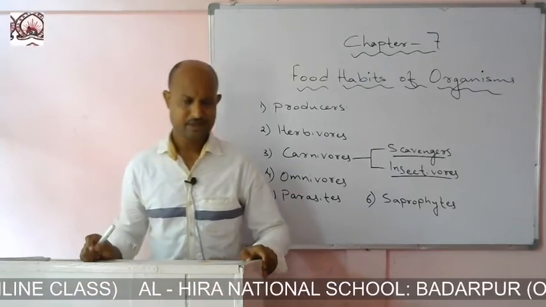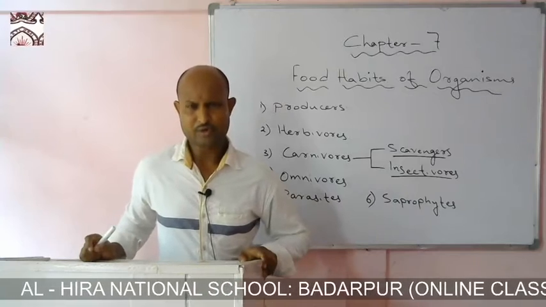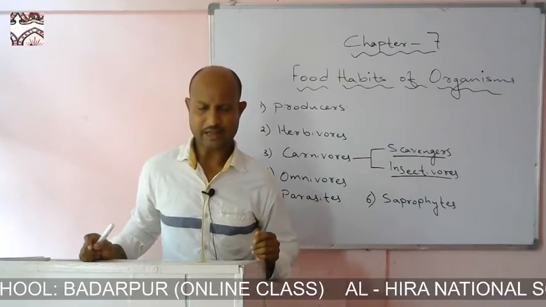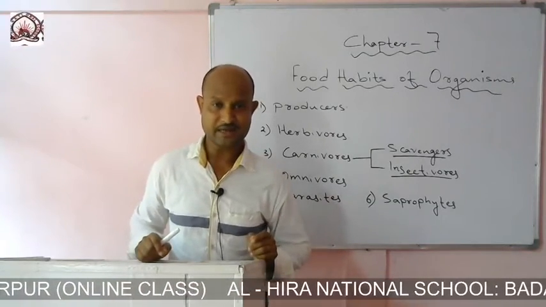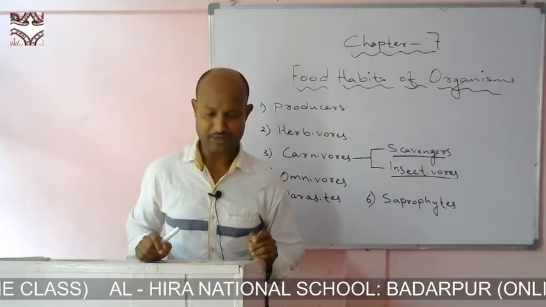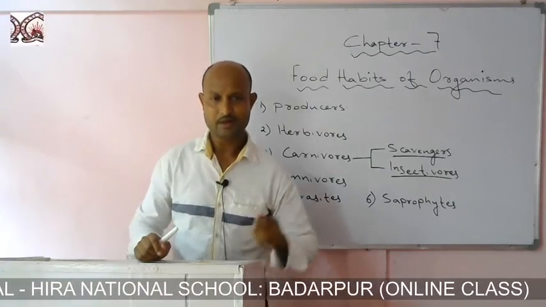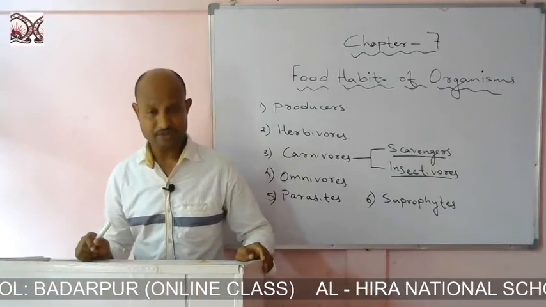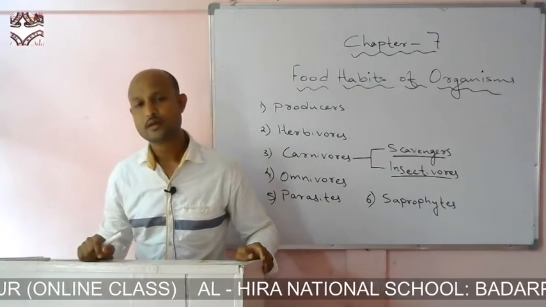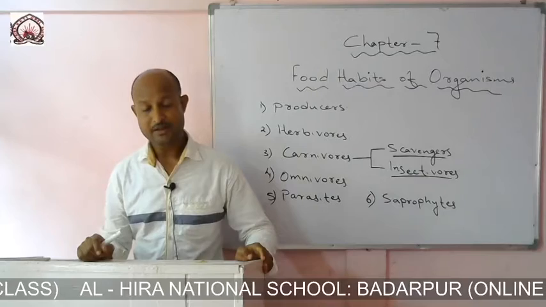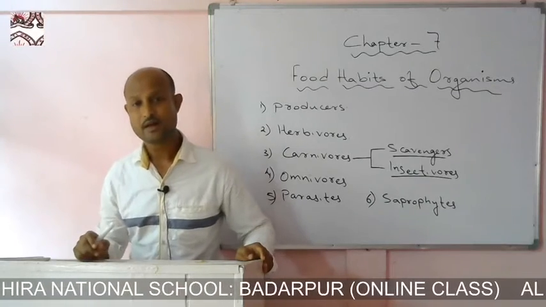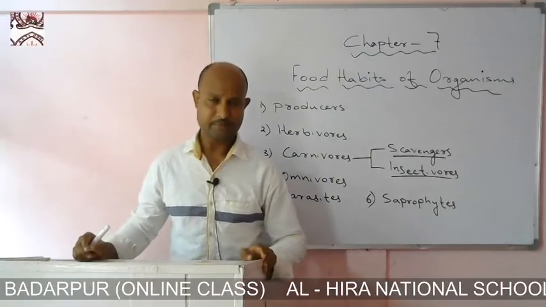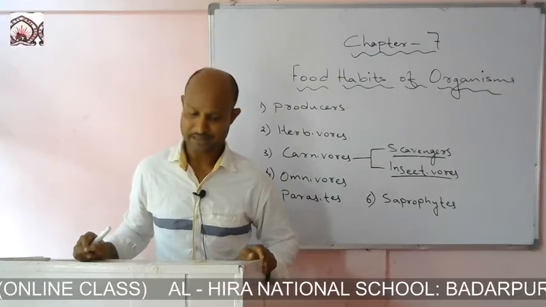These insectivorous plants, like the pitcher plant, have got a cup-like opening with a lid at the top. Whenever any insect goes and sits inside the opening of the pitcher plant, what happens? The lid of the pitcher plant closes, and after it gets closed, some digestive juices are secreted on the insect, and then the plant is able to absorb the food and get protein from it. In this way, these pitcher plants trap the insects and get protein from them.